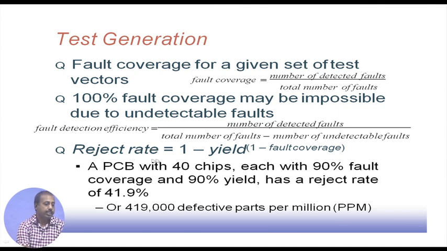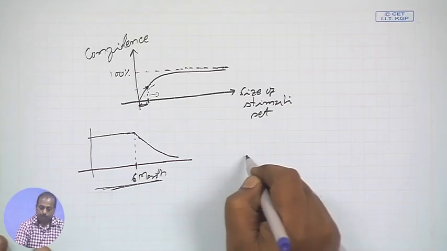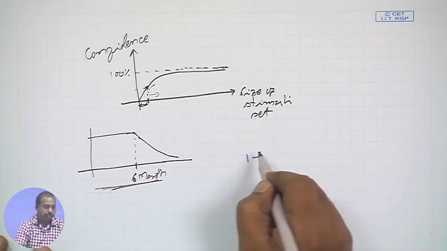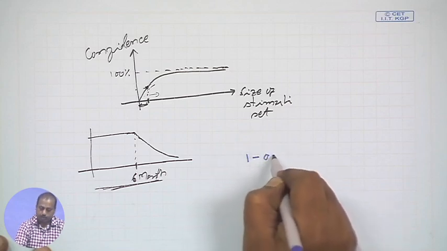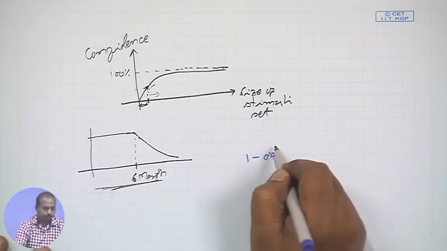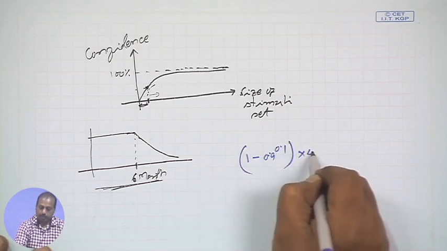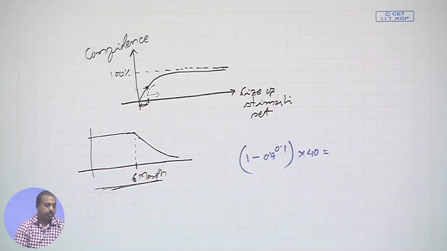Then there is something called the reject rate. It is 1 minus yield to the power of 1 minus fault coverage. This measure is known as the reject rate. For example, say a PCB has 40 chips, each with 90% fault coverage and 90% yield. With 90% fault coverage, it is 0.9. The reject rate for a particular chip will be 1 minus yield, where yield is taken as 0.9, so 1 minus 0.9 to the power 1 minus fault coverage, that is 0.1. I have got 40 such chips. If you calculate, it will turn out to be